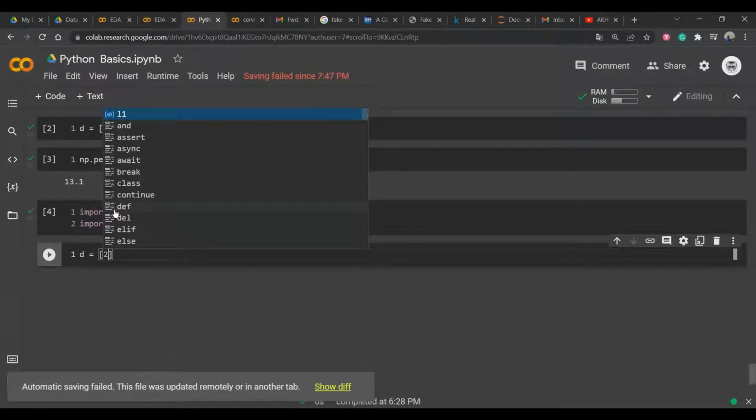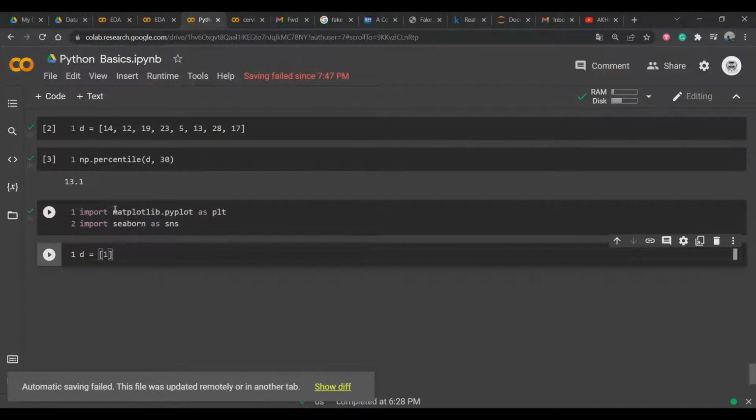So: 11, 14, 12, 15, 17, 13, 18, 21, 22, 27, 29, 30, 25, then 16, 17, then 23, then I can take some outlier, so 120,